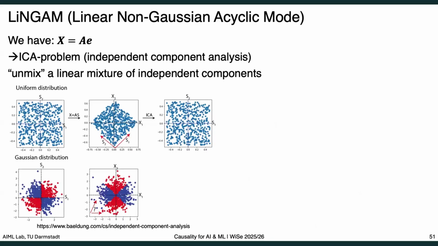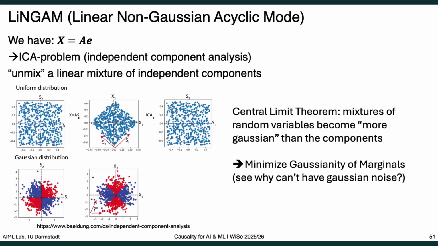And just to get the idea across, let's say the first box on the left is our original distribution, S1, S2. These are somehow mixed by A, some matrix, but then ICA disentangles them again. And this happens, as I hinted at previously, using the central limit theorem idea: the longer our chain is, the more Gaussian the components become. So if we search for the most and least Gaussian distributions, we can in theory use that to figure out how far down the nodes are in